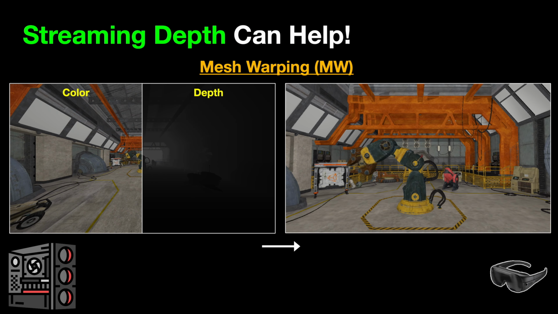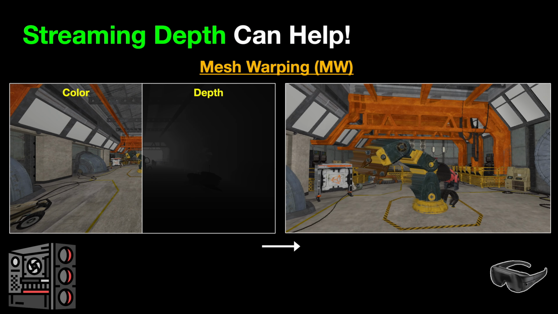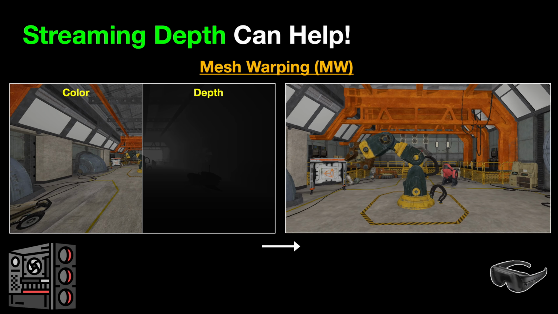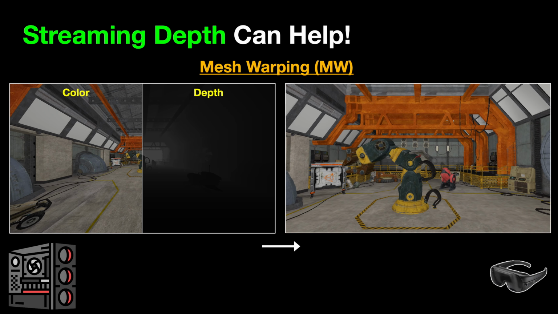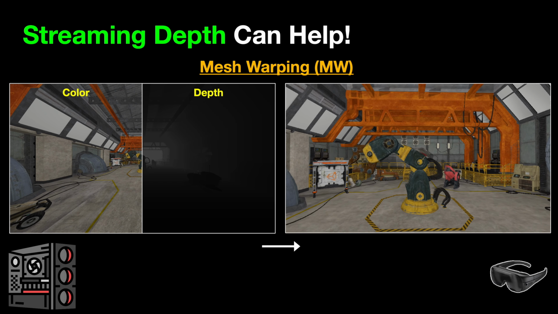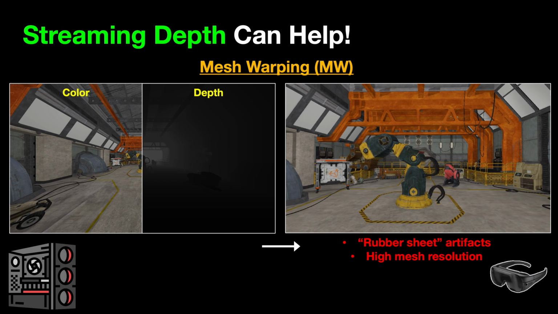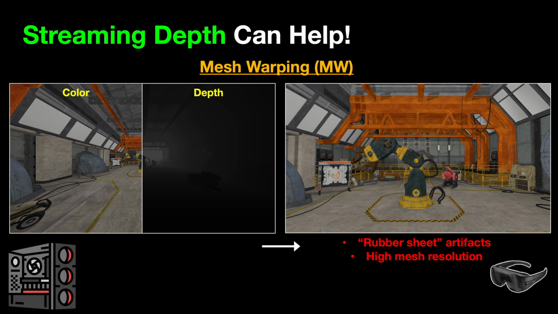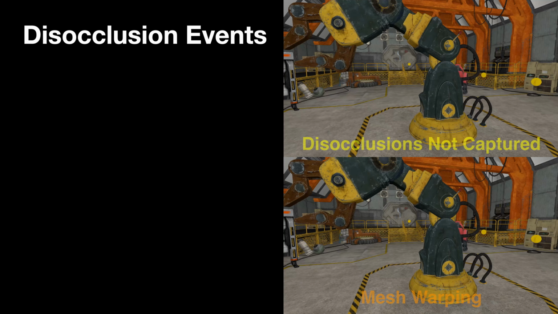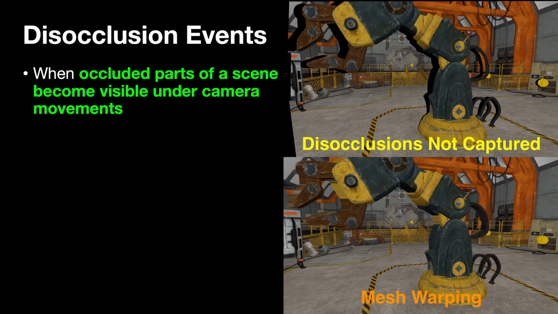To address this, systems can transmit depth maps to the client, enabling reconstruction of a 3D mesh that approximates the scene geometry. This method, known as mesh warping, allows for some motion parallax by reprojecting the image onto the mesh. However, mesh warping has its own challenges. It often introduces rubber sheet artifacts around object edges and can generate high-resolution meshes that are expensive to render on resource-constrained devices. Mesh warping fails to capture disocclusion events, which occur when previously hidden regions become visible due to camera